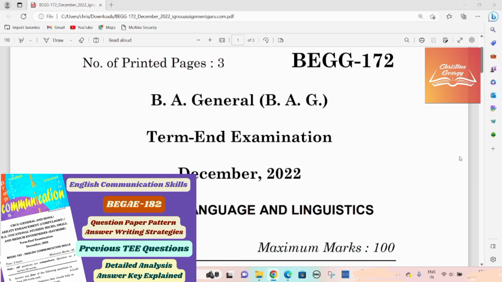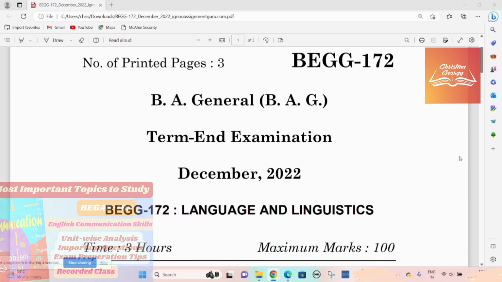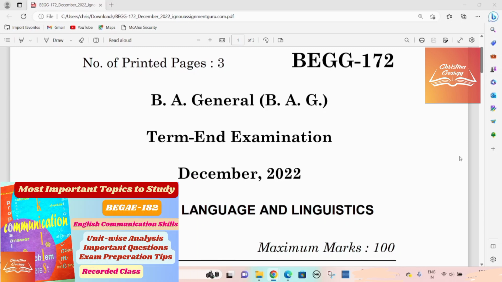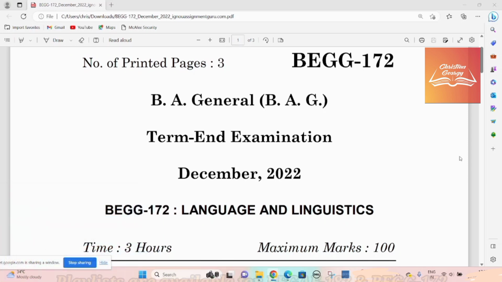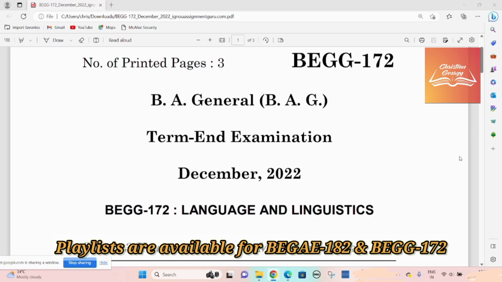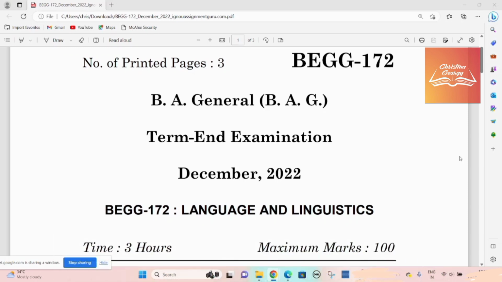There is another smart way of handling course codes and course titles. Before you move into your exam halls, that is at your respective study centers, you need to carry with you your admit card and your identity card with respect to IGNOU. Within your admit card, all your respective course codes will be mentioned. So once you receive your question paper, make sure that you have received the correct question paper.